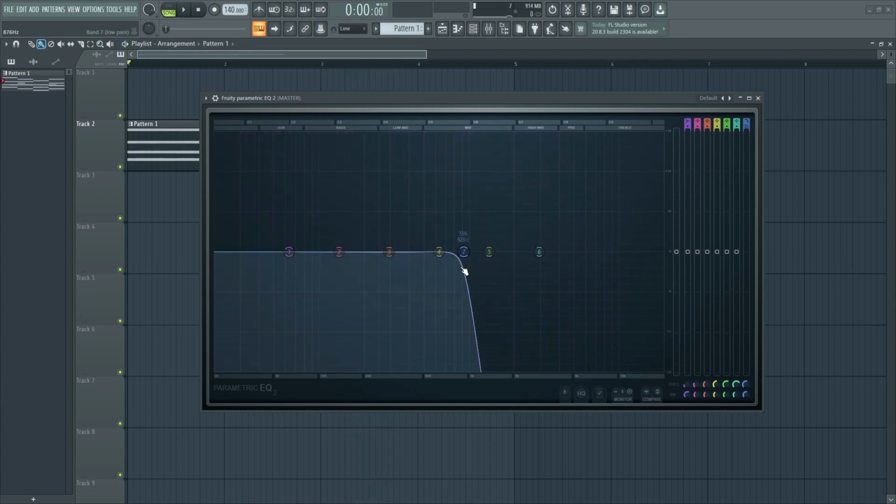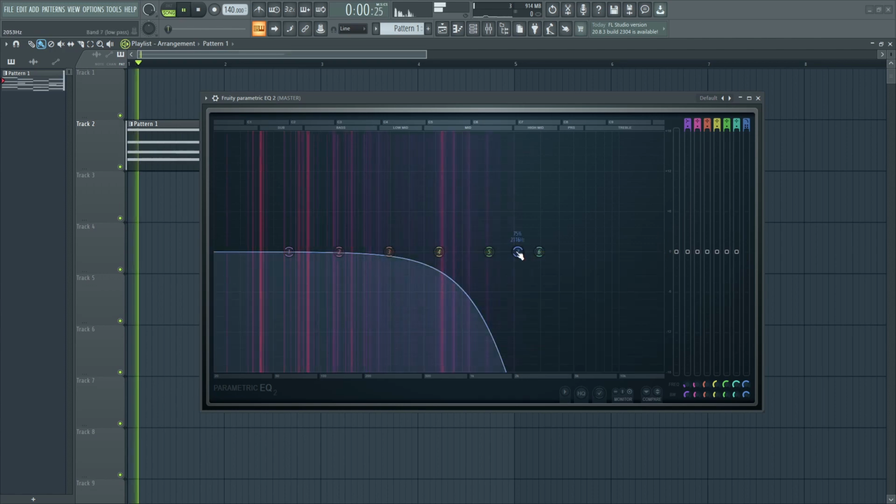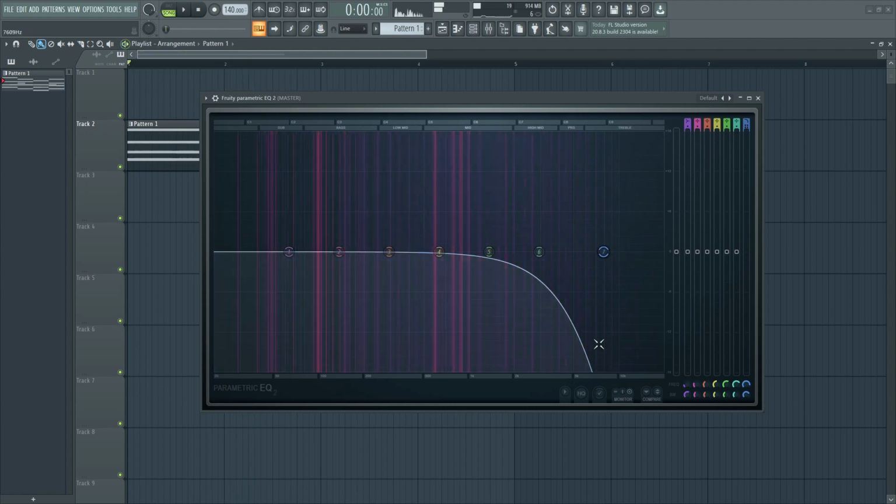And by having a really steep curve, we will be cutting very specific frequencies, and if we use a gentle curve, then we'll have a less steep curve, so we won't be cutting exactly all the frequencies that are present on that point, and some of the highs will be allowed to just pass away.